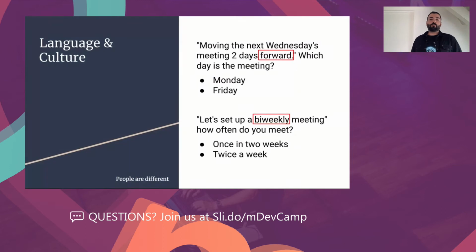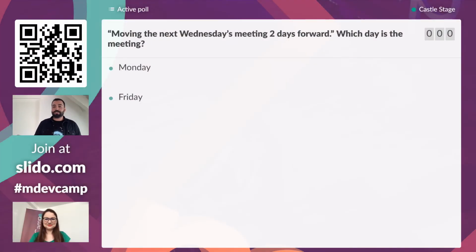So, moving the next Wednesday's meeting 2 days forward. Which day is the meeting, right? Is it Monday or is it Friday? Maybe I'm too much of a developer here, because for me the answer is straightforward, pun intended. If we think about Wednesday and the week goes Wednesday, Thursday, Friday, for me Friday is the answer. But